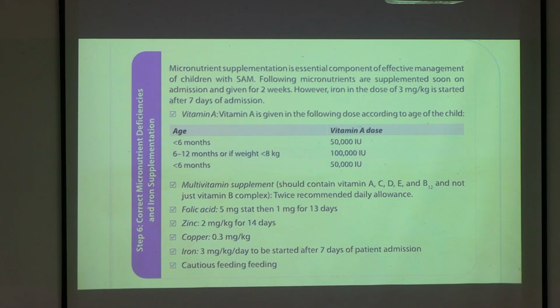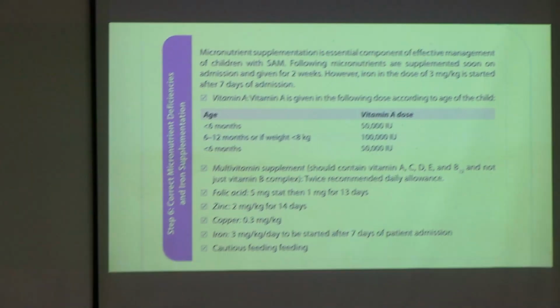विटामिन डेफिशिएंसीज, मिनरल डेफिशिएंसीज, वी हैव ऑलरेडी टॉक्ड इन लास्ट क्लास. साथ में you start with supplementation of vitamin A, age-wise, folic acid. But remember, packed question, during stabilization phase, we will not give iron. यहाँ पे लिखा हुआ है, iron is given after 7 days. Iron supplementation is only given after 7 days because the child will not be able to tolerate iron and it will vomit.